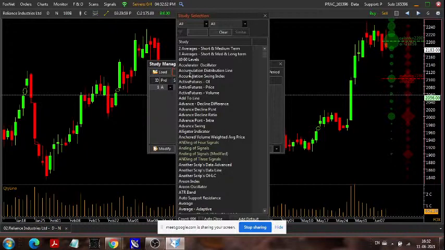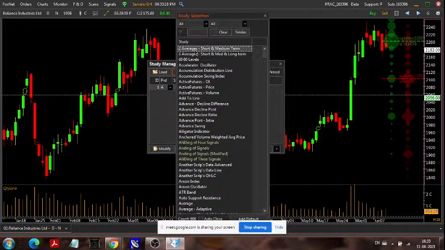Now the library has appeared. In this library, each and every possible condition and indicator is available. Category wise, it is defined over here. You can search category wise, or you can simply search the name of your indicator or filter. Like I want to add two SMA or two EMA, whatever it can be.